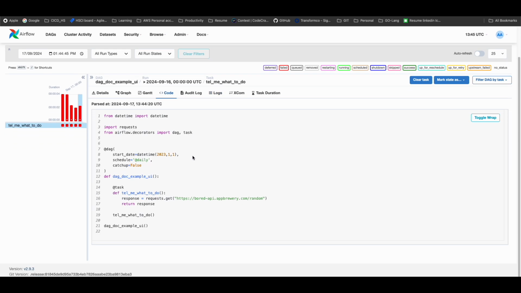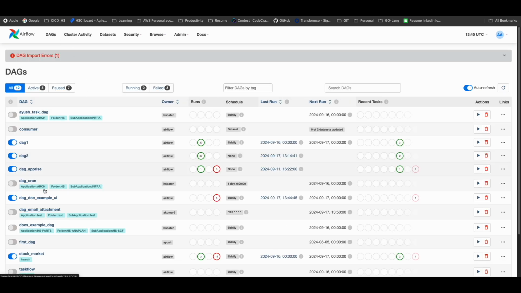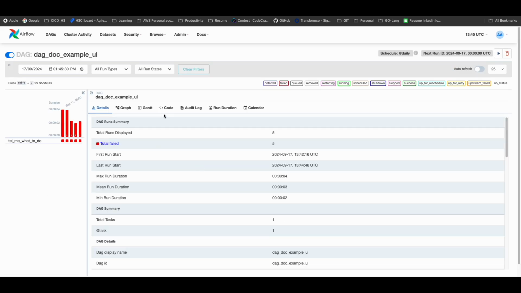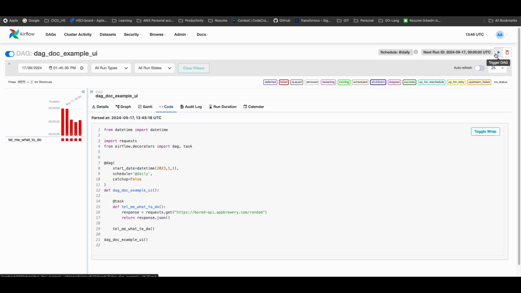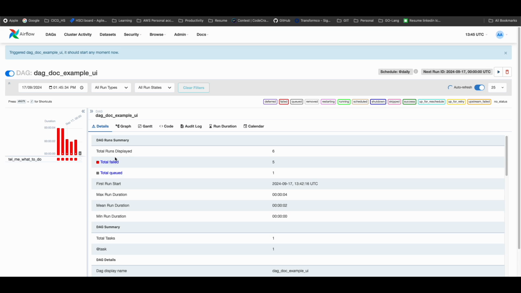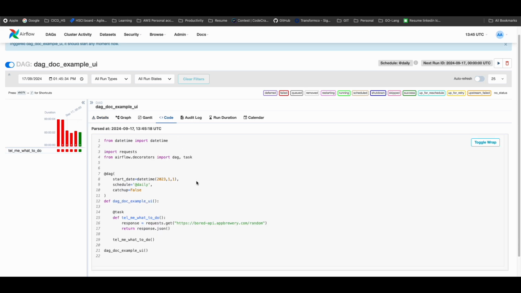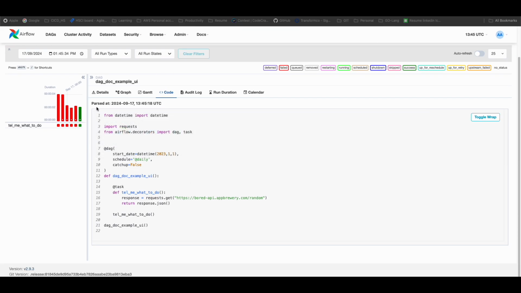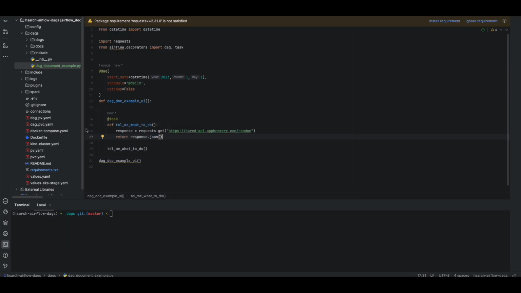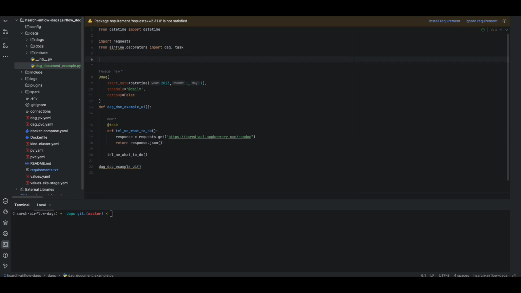and go to the code, refresh the DAG GUI. Now go to the code, response.json. Okay, yeah. So I got the proper output. So now my DAG is ready. So what I will do is first let's go with something like a doc